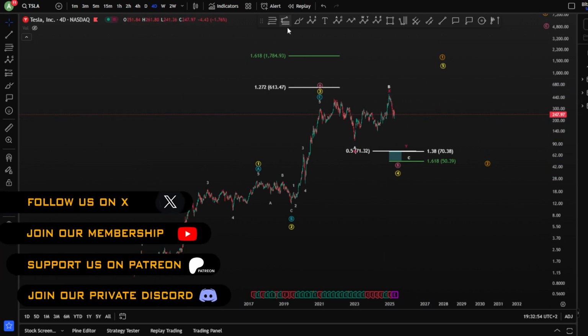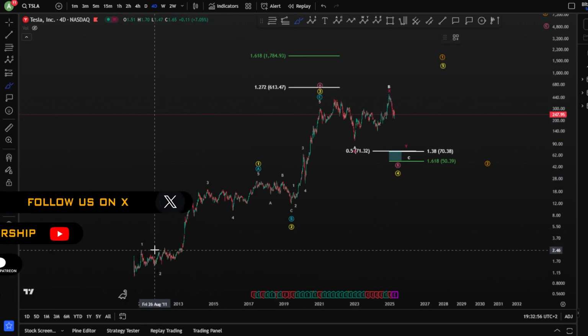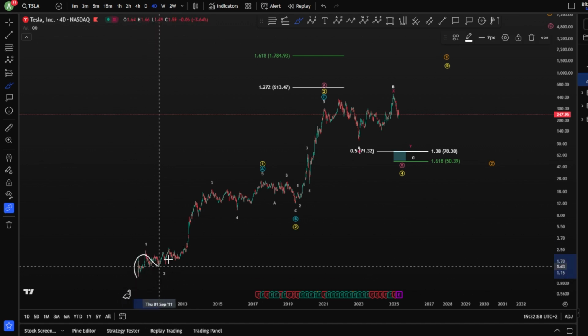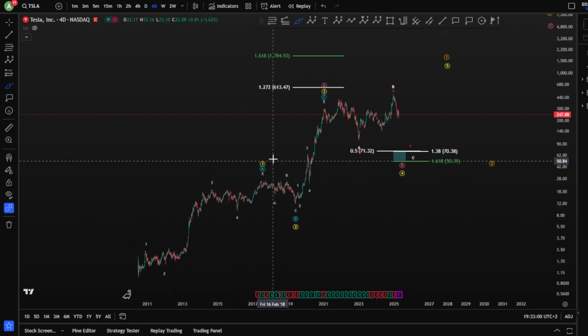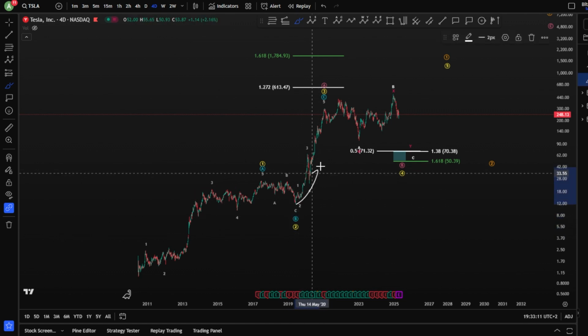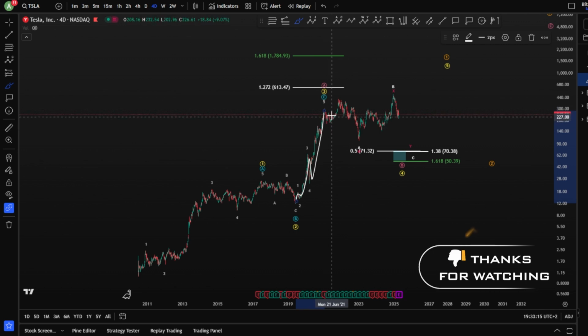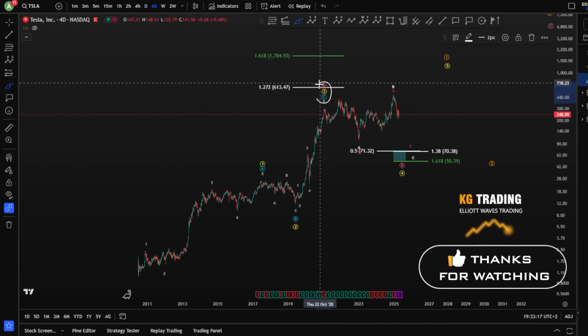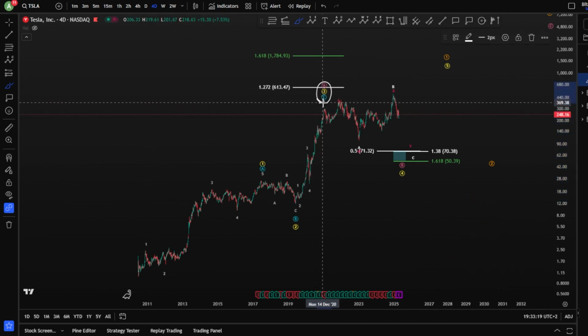Starting on the daily chart here, we are looking at the bullish and bearish scenarios, where we have a finished 1, 2, 3, 4 and 5 impulse towards the upside, finishing a wave 1 or a wave A. In both scenarios, you are looking for a 3-wave correction for a wave B or a wave 2. Following this correction, you see, of course, a 1, 2, 3, 4 and 5 impulse toward the upside. In this possibility, you have finished a wave C in the blue scenario or a wave 3,